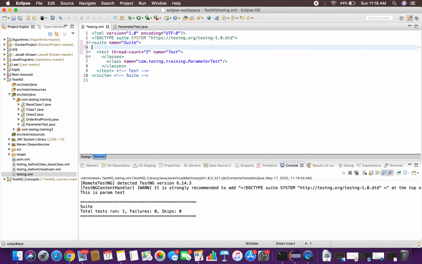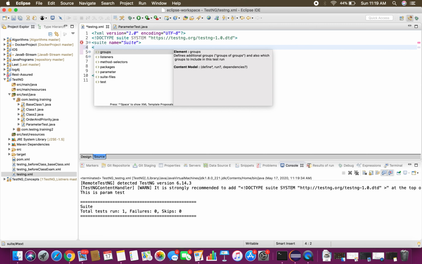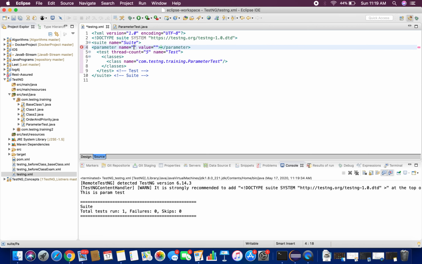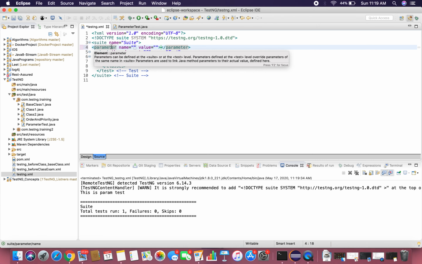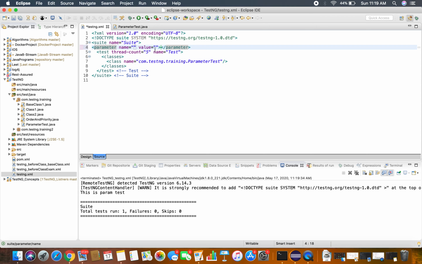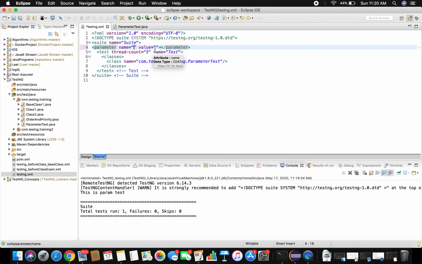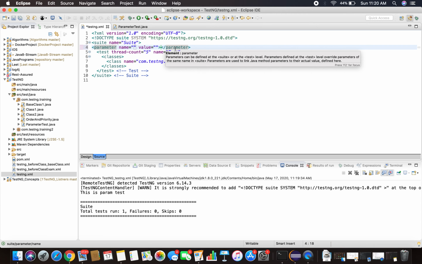I wanted to pass a parameter from here, which is a parameter. You have an attribute, you can define a parameter inside the suite or inside the test, and for class level and method level also. For now I am defining the parameter at a suite level. We'll discuss the test level, class level and method level, how you can pass and how the parameters will be overridden.